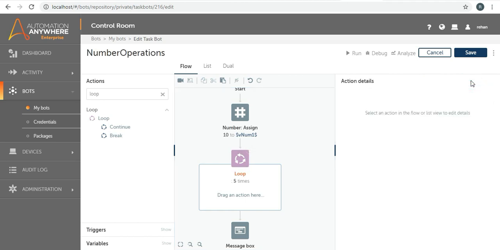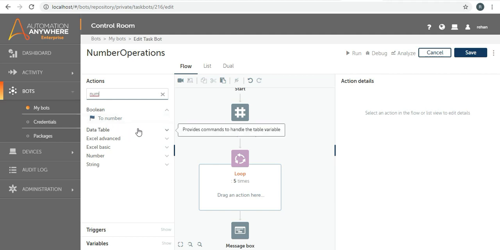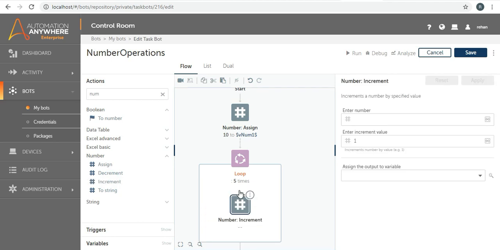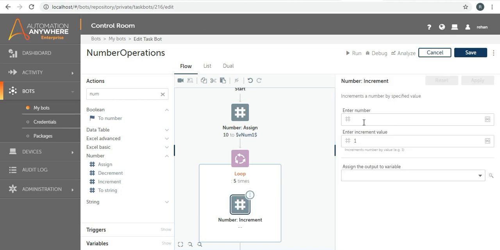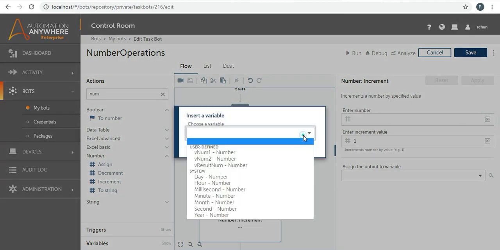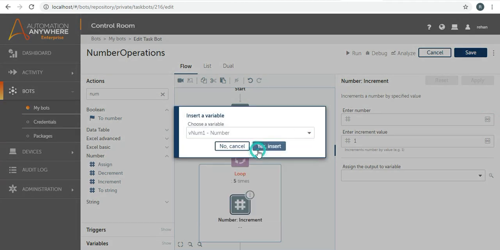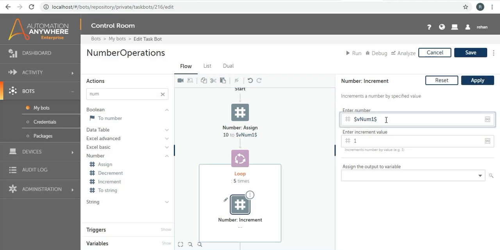And in each iteration I want this number, I want this vnum1, that is 10, to, so enter the number, then the number is vnum1, right? Select this vnum1 now. So I want this variable or the number to increment by 2,